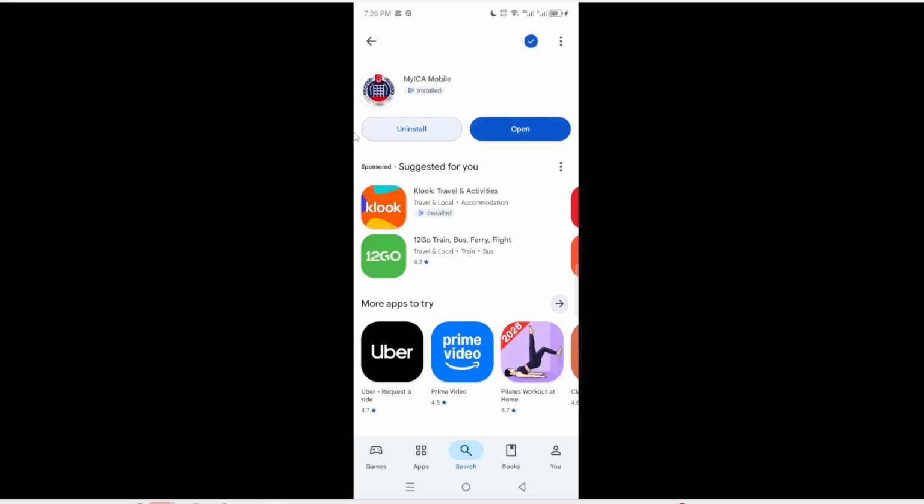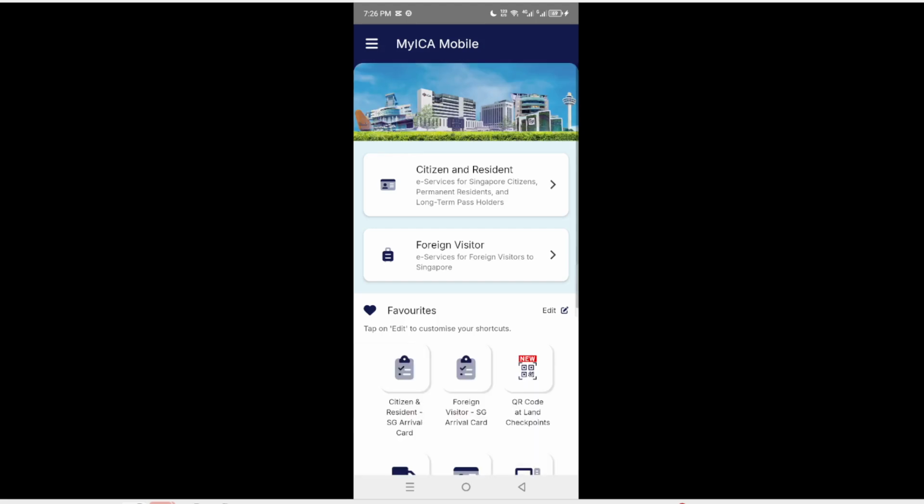Once that is done, you can find the My IACA mobile app on your device's home screen or in the app drawer. Just look for the app icon you recognized earlier. Tapping this icon will launch the app, and you can start exploring its features. This is an exciting moment as you now have access to the functionalities of My IACA Mobile. Take your time to familiarize yourself with the app layout and options available.